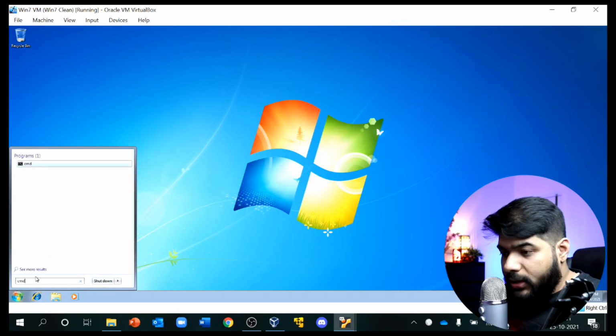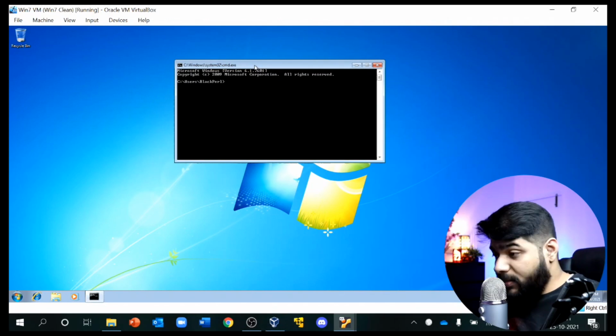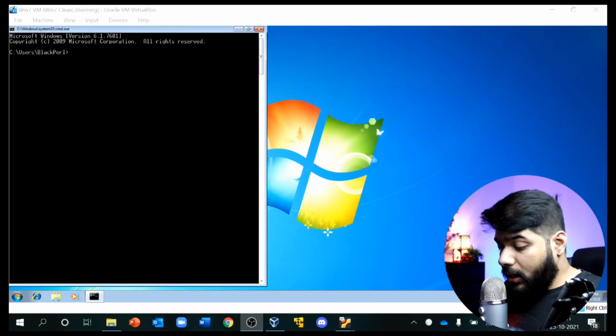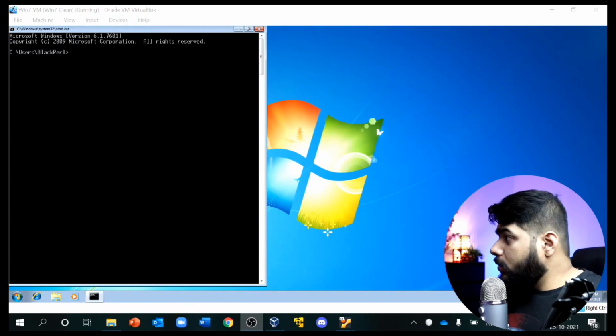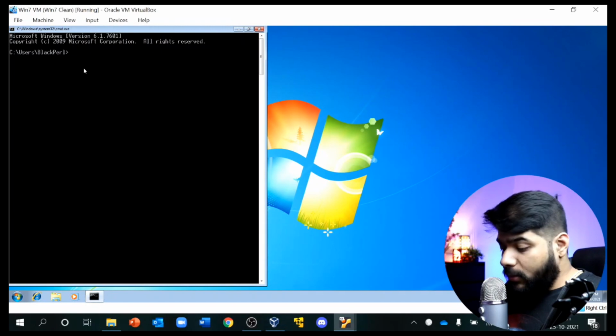let me quickly check the IP address of this machine as well. So if I run ipconfig, this machine should give me an IP address in the same range.